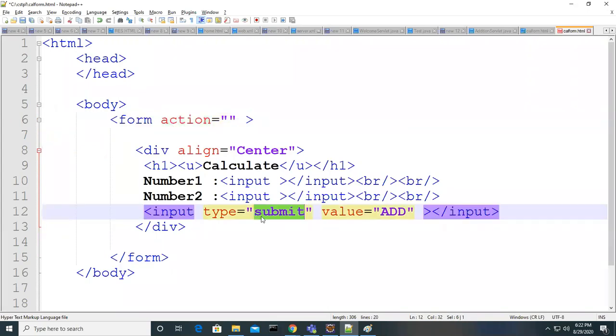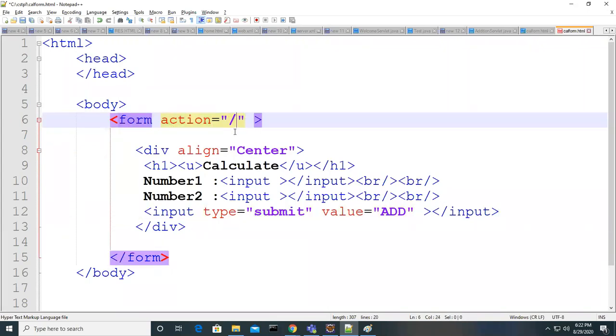You can add this action attribute to the form. If you use a submit button, this is the path you have to give. For this action attribute, the value you have to give is the path of the resource you want to send this form information to, to whom you have to submit.